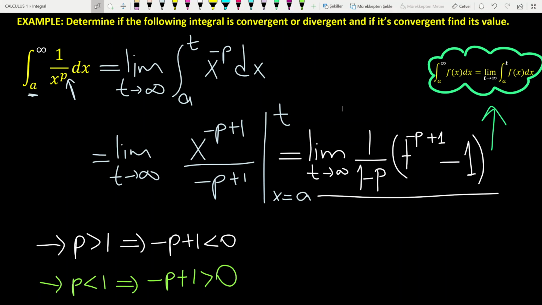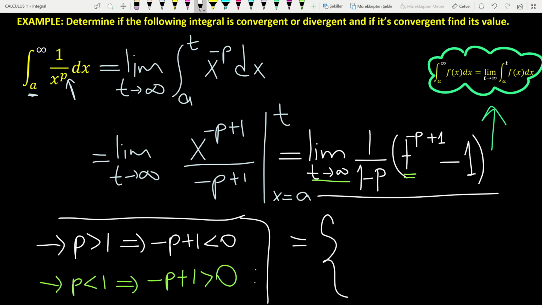When t tends to infinity, this part approaches infinity. This is why the result will be infinity. Okay? So let's write these expressions properly. In this case, this limit expression is equal to,